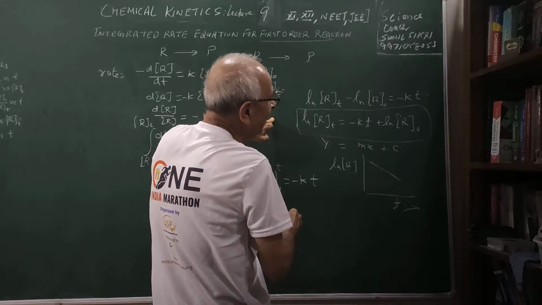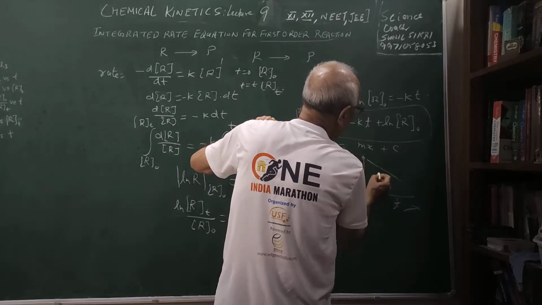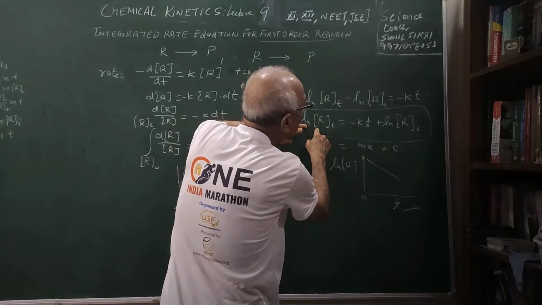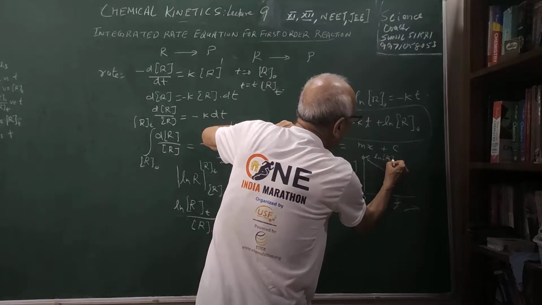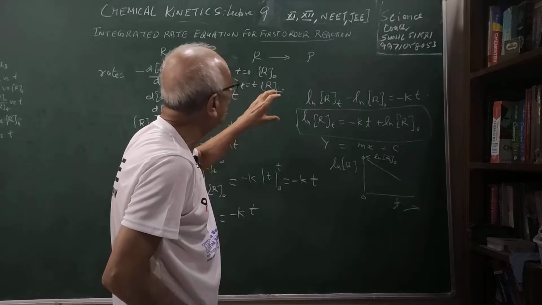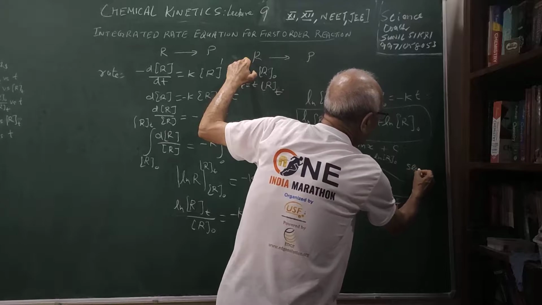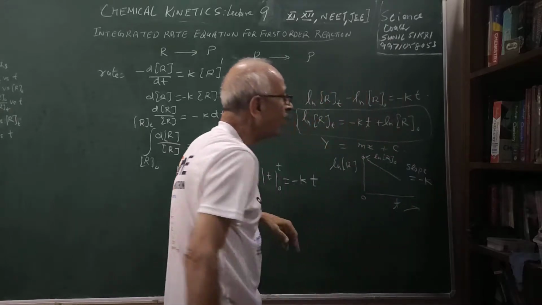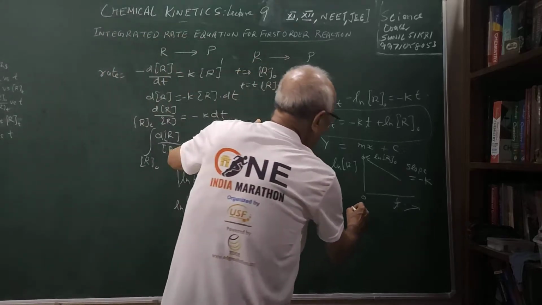What you are getting is a straight line here, and if I consider this my intercept, at time t equal to 0 this becomes 0, and this value becomes equal to nothing but my ln of R0. This ln of R0 is nothing but my concentration at time t equal to 0 for the reactant R, and what is the slope here? As you can see, slope is nothing but minus K. So minus K is the slope of this reaction. This is the graph of the first order reaction.